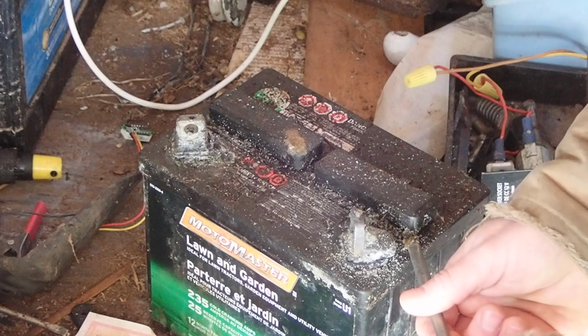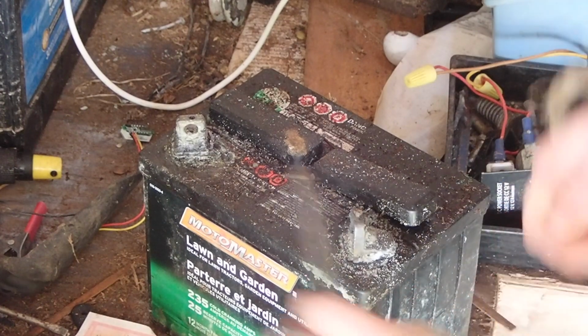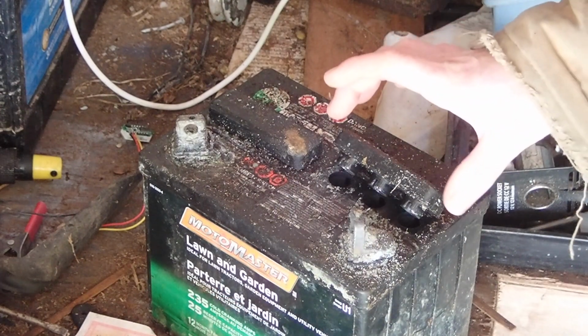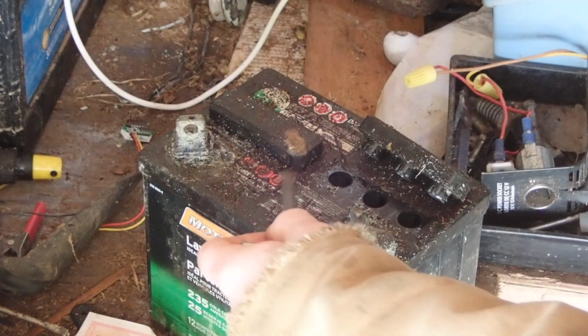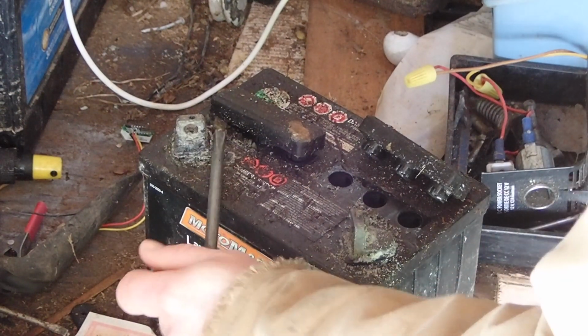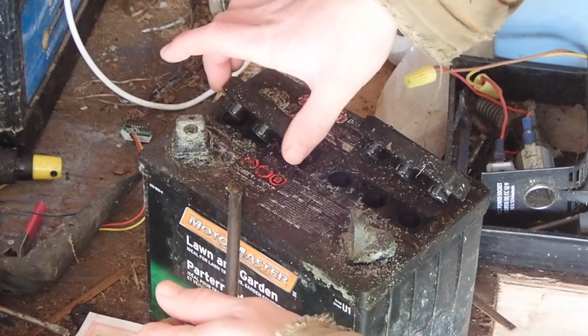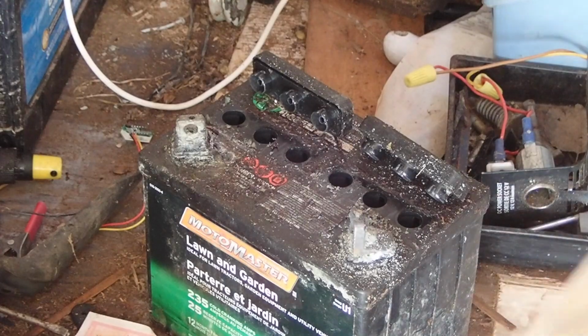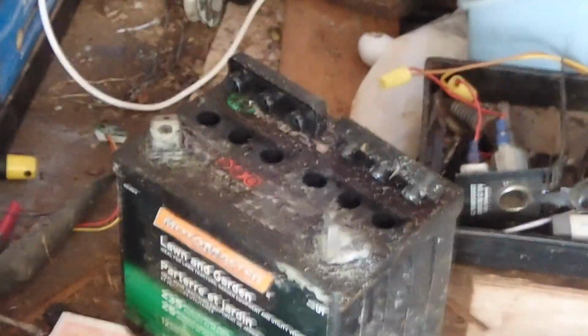Let's see if we can get these caps off. Alright, cap number 1 off. We'll get the other cap off, and then I'll bring the camera over and you guys can see. I'll save the status of it till I get the camera over here so you guys can see the same issue with me. Alright, so what we're seeing there